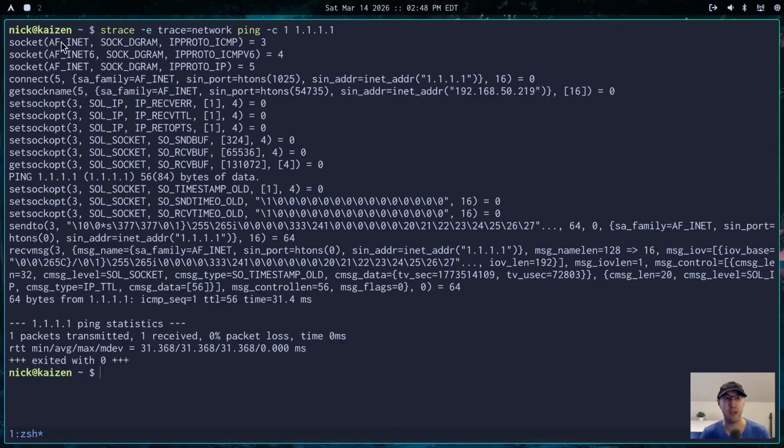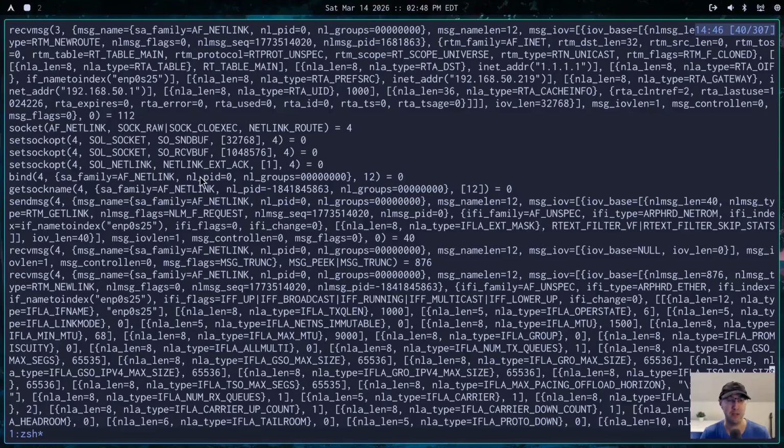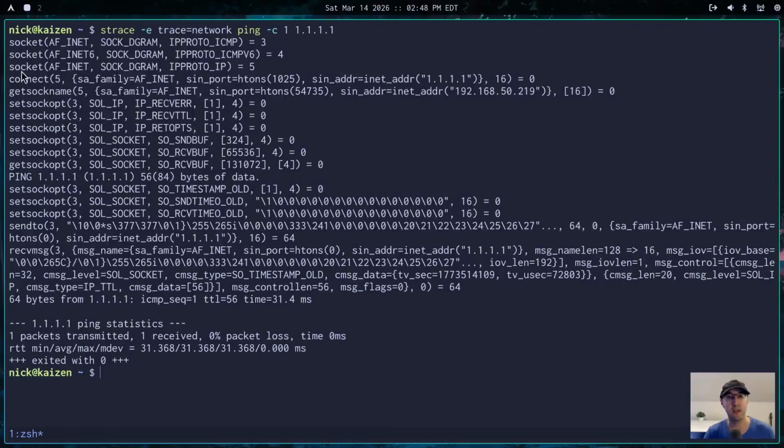So now, instead of that other AF, this was AF_INET. The other one was netlink, right? So there's a difference there already. This is already doing a socket connection here. So we have a connect call here, which is going to be setting up the details for this network request to the outside world. And then down here somewhere, we actually have the sendto, which, as far as I know, is the binary data that ping is sending over the internet to this IP address over